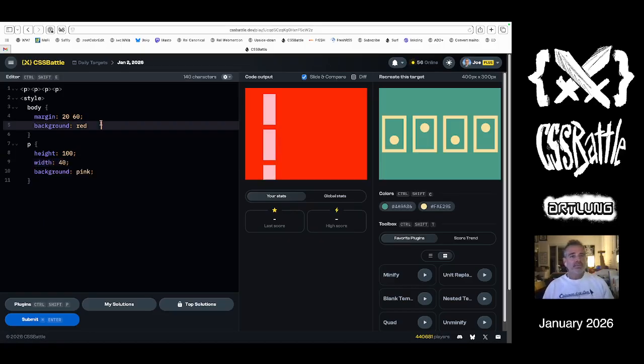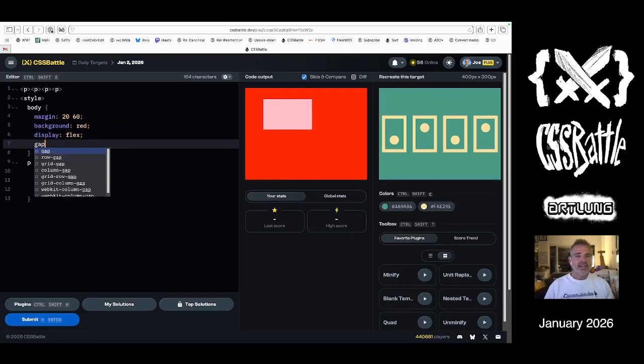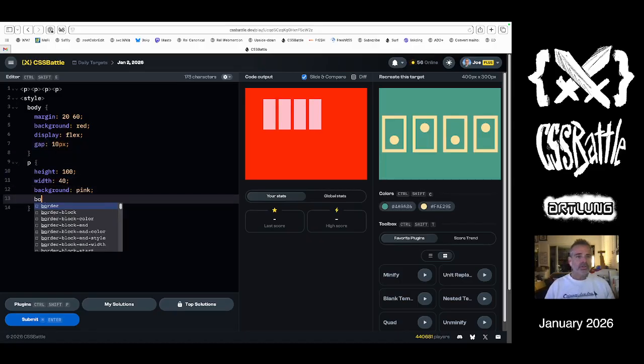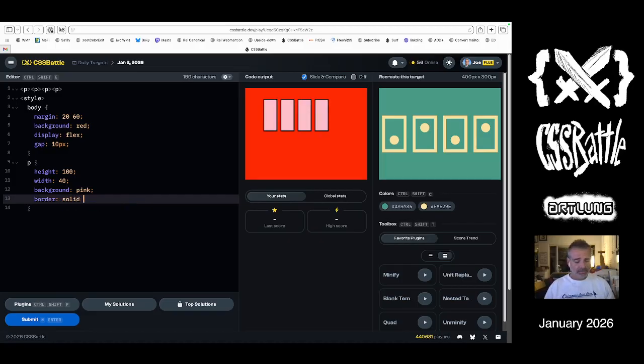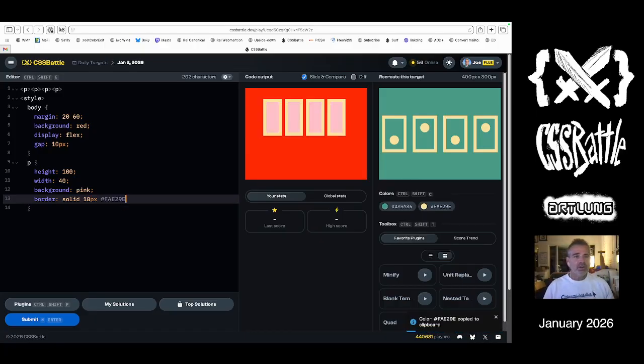40, and we got a display flex on the body, which will set a flex context. Display flex, and there they are. They all have a gap between them. They all have a border, solid, what is that, 15 pixels, maybe it's 10 pixels. Let's do 10. And then this yellow color, like so, and then it's got a radial gradient,